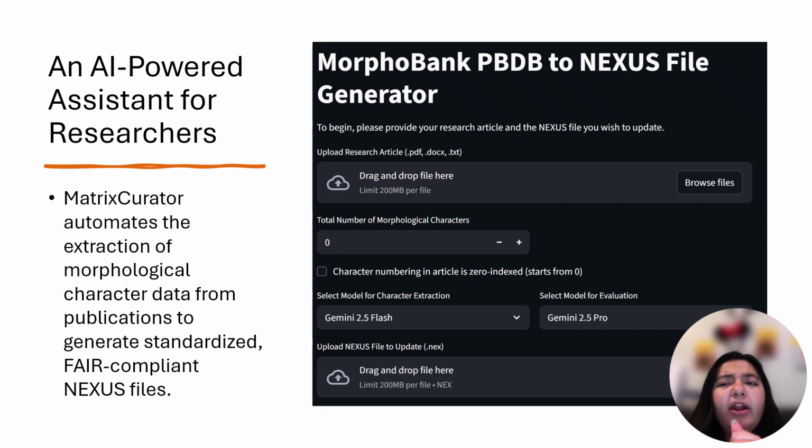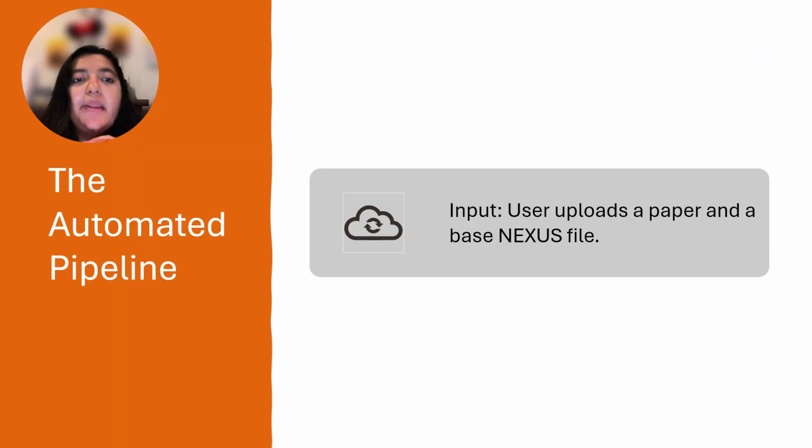And so let me walk you through how this process works. This is just the interface that I show you here, where it accepts that PDF file of the publication, then it accepts the blank Nexus file that I showed you an example of before, and some other parameters go in here. But let me dive a little bit deeper into this automated pipeline where the user uploads a paper and a base Nexus file. So it has a functionality for PDF as well as docx, and the base Nexus file